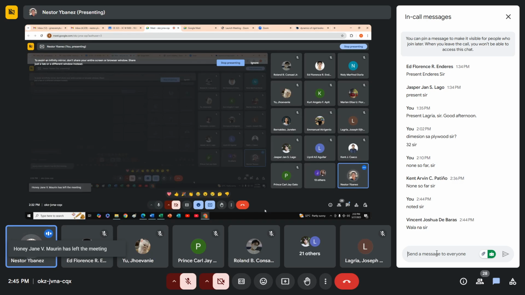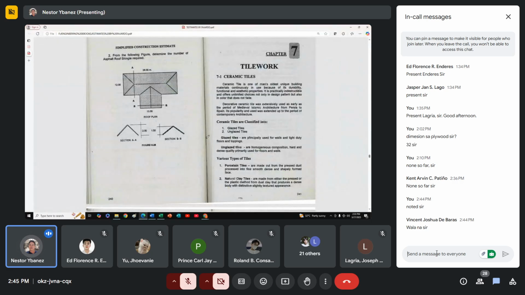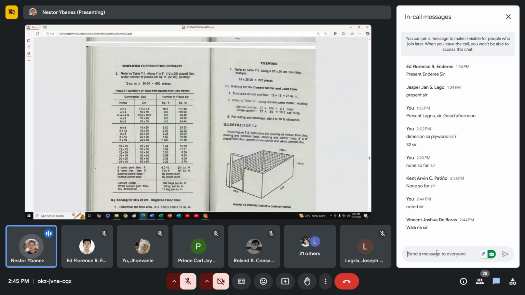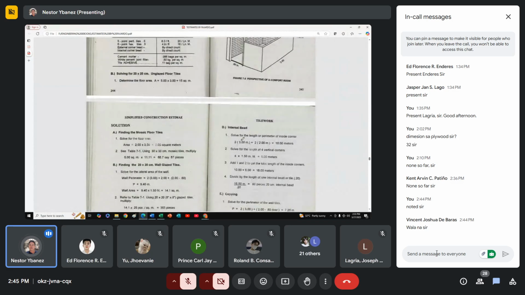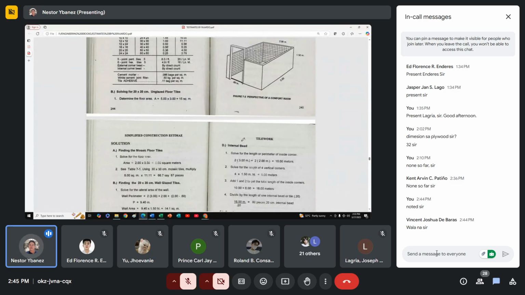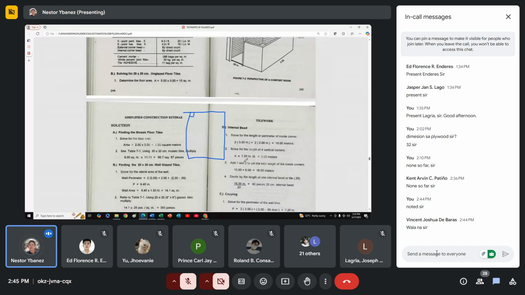Red ra ba ang 9? Then, mag-on pa tag tiles next meeting. Kailangan ako na nito na, no? Tiles, more naman na siya. Dali naman ang tiles. More ang pag-estimate sa tiles, para sa pag-estimate sa plywood. Get the total area divided by the area of one tile. More than the number of pieces.